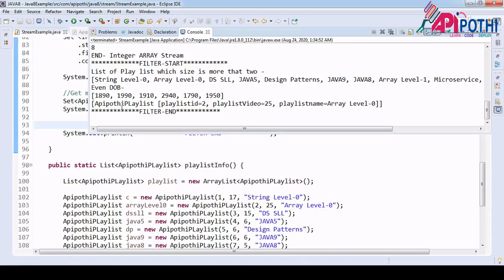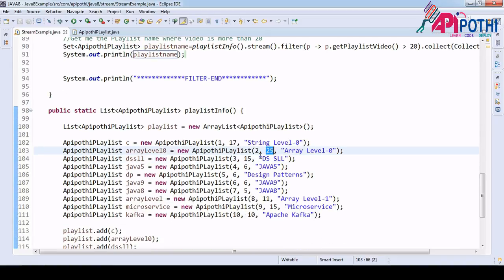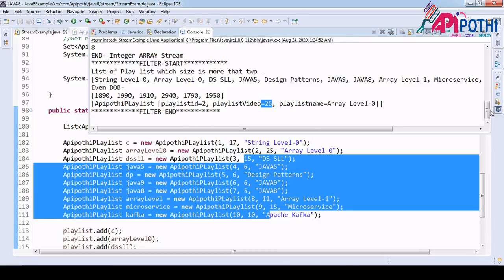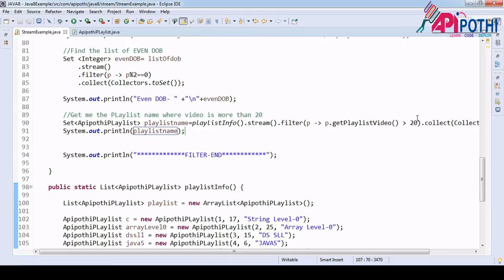20. So playlist ID 2, it has 25 videos. And if you see, more than 20, only one is there. This is the 25, all others are less than 20, so it is returning you only 1. If at all you want to put 10 here, you will be getting more data.